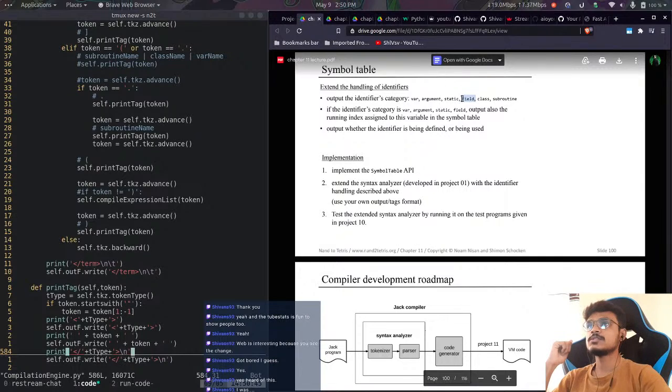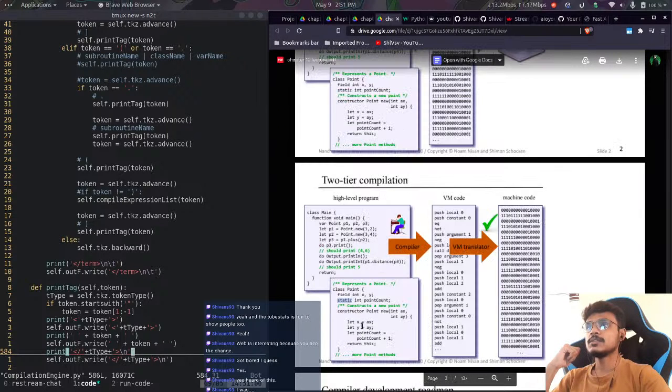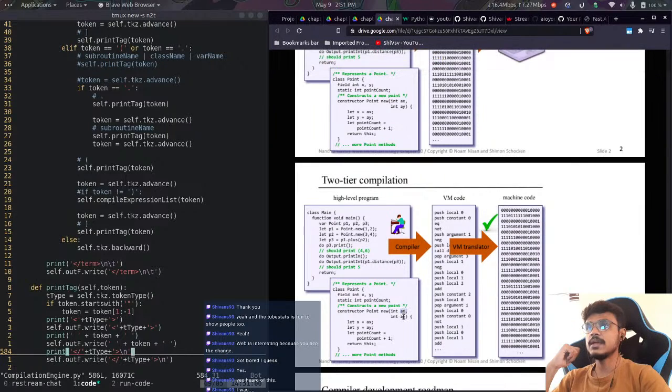Okay, what else do we have? Static, field, and now we have var. This variable is basically a local variable, argument, class, and subroutine. Okay, so in this case, int ax and int ay are argument variables. And this new is also an identifier, which is, wait,